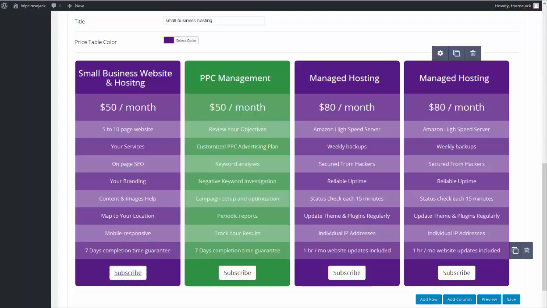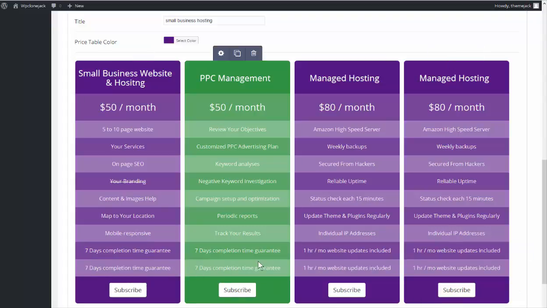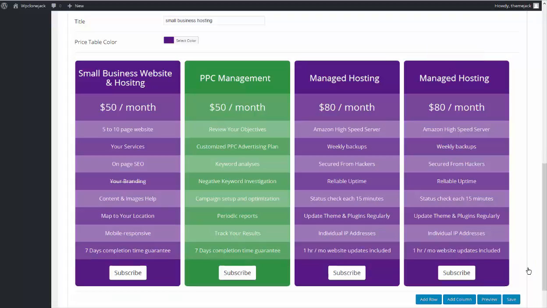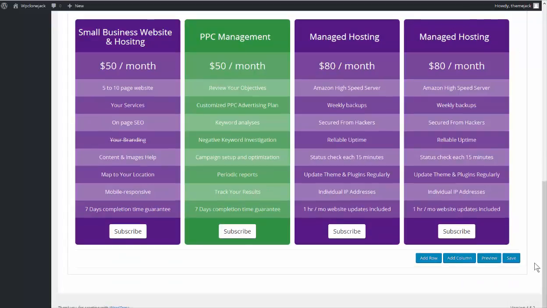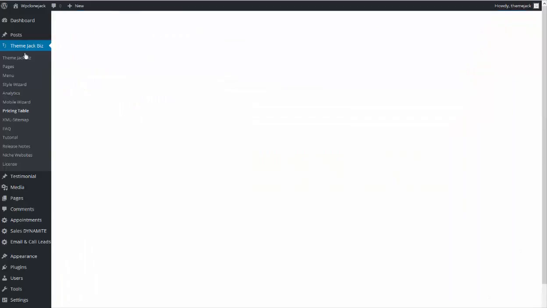And if I need to add an additional row, here's a row that's being added, or I can duplicate a row, or I can toss a row in the garbage. Okay, and when I'm finished, click Save. Okay, and now we go to